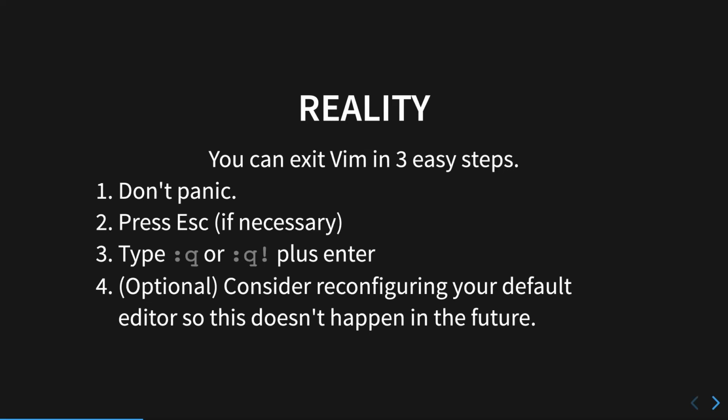If you hit escape, that will usually remove you from whatever mode you're currently in. So Vim has different modes. Escape will usually remove you if you've typed anything by mistake, but it's not necessarily required. If you've typed literally nothing else, you don't need to do step 2 either. All you really need to do is step 3, where you type :Q, and that stands for quit, and that